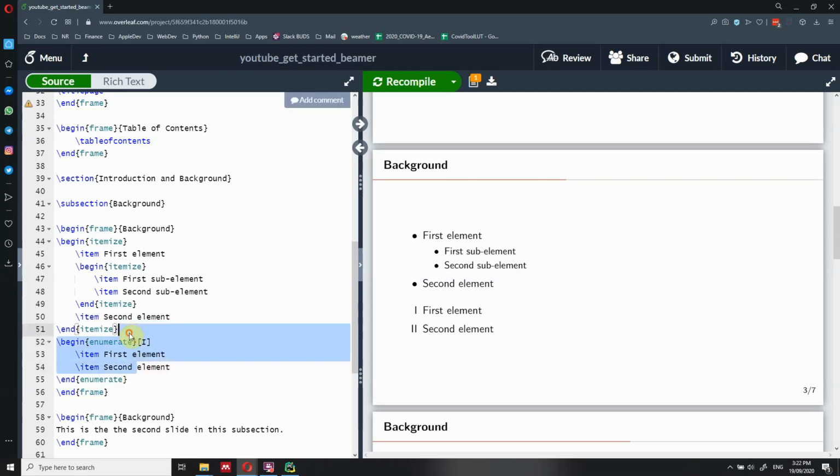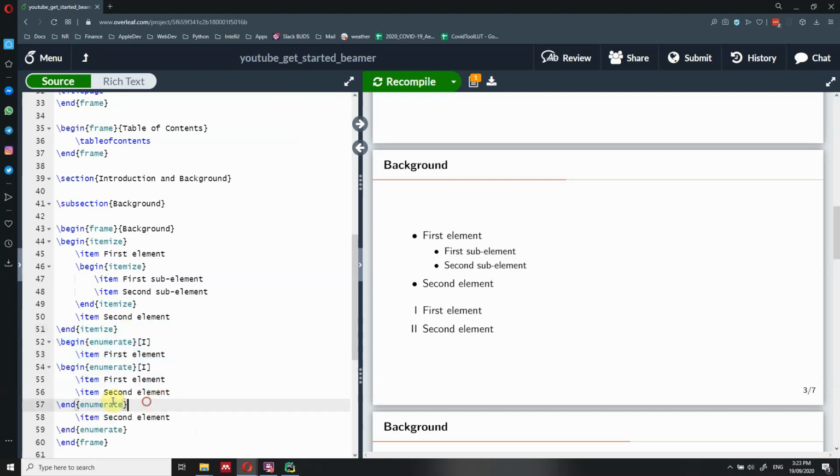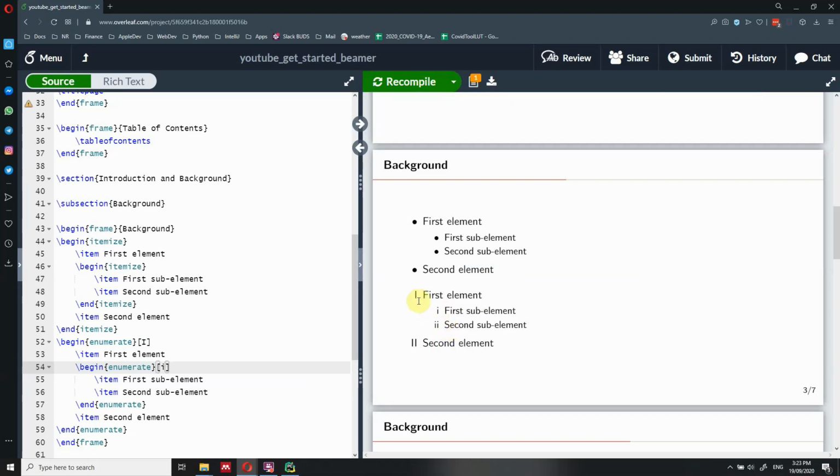If you want to have another sublist, as we did before, let me just copy this, and we want to have sub items. In this case, we don't want the capital I, but we want it lowercase. So Control Enter, and we are going to have our indented enumerated list with the Roman numerals.